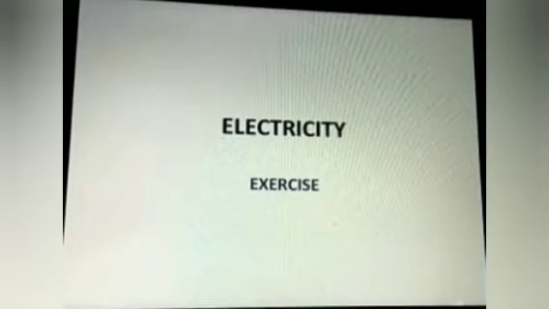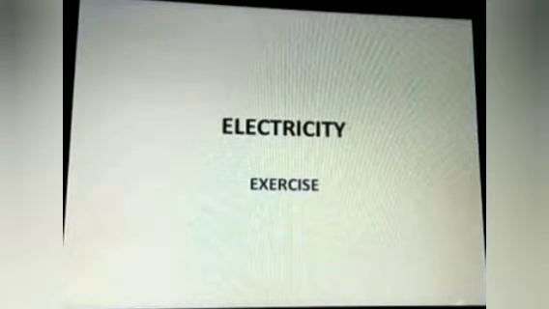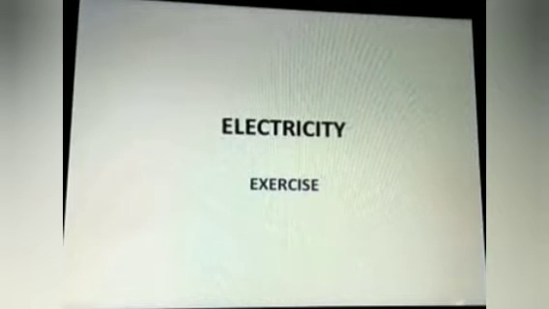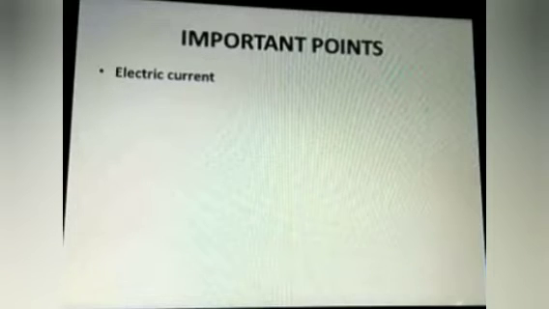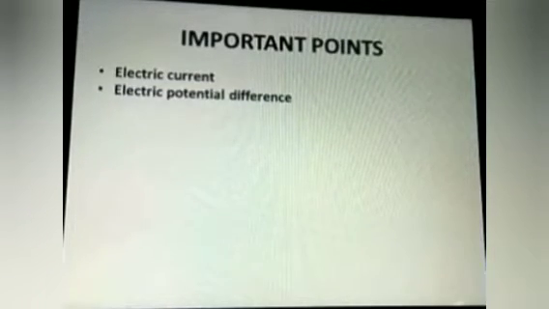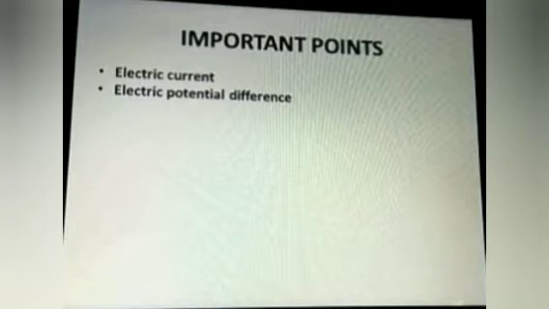Today we are going to recall the important points and equations of this lesson once again. So please take your notebook and listen. Let us revise the important points and equations of this lesson. Electric current is the charge per unit time, I is equal to Q by T. Electric potential is the work done to move a unit charge from one point to another point. That is, V is equal to W by Q.